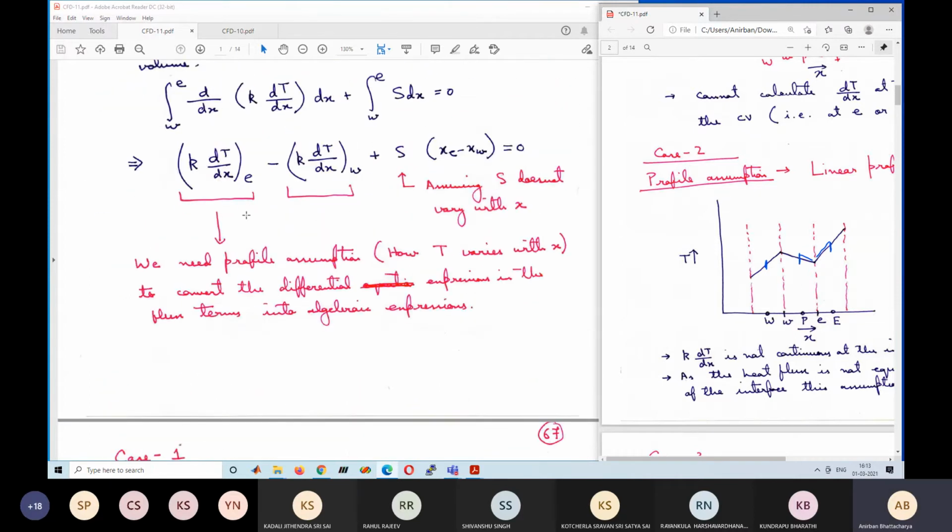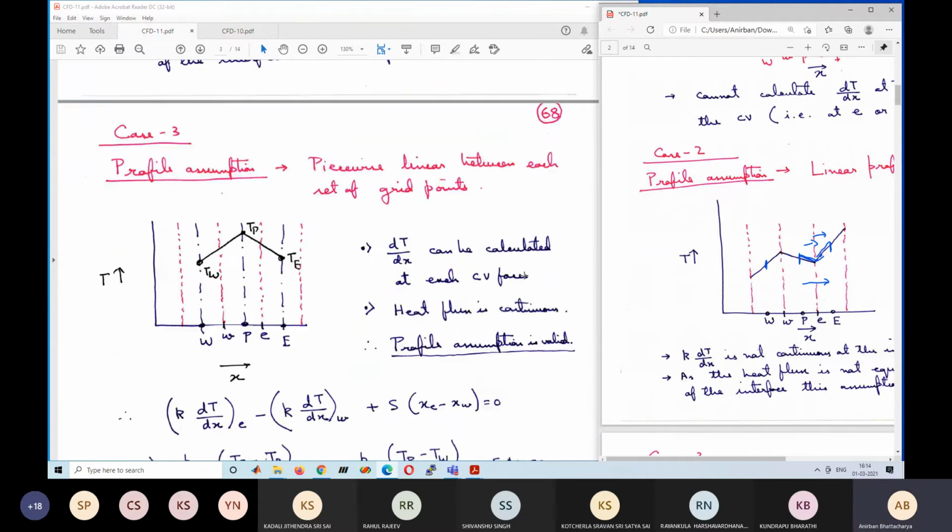If k is constant, I should have a single flux, whether I calculate from this side or this side. Whatever flux is going from one side will be equal to the flux coming out on the other side. I cannot have different flux at the same point. Whatever flux crosses from the left side should go into the right side. So this profile assumption is also not suitable, because we are getting two different values of flux for the two control volumes. But at the interface, the flux should be the same, because whatever flux goes from one should come to the other, similar to flow, where whatever flow comes from one control volume should go to the other. But we are seeing that it is not equal. So this assumption is also not correct.